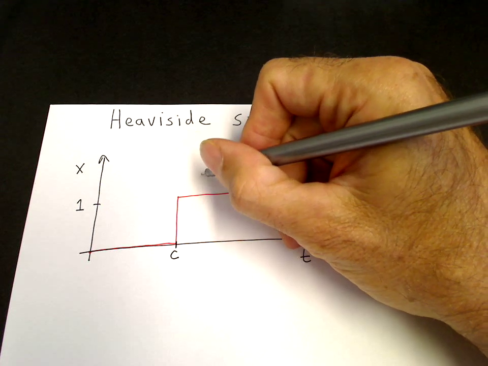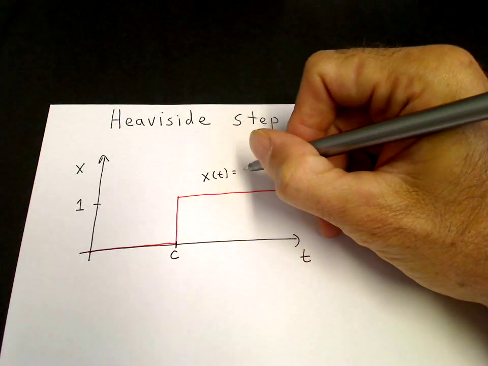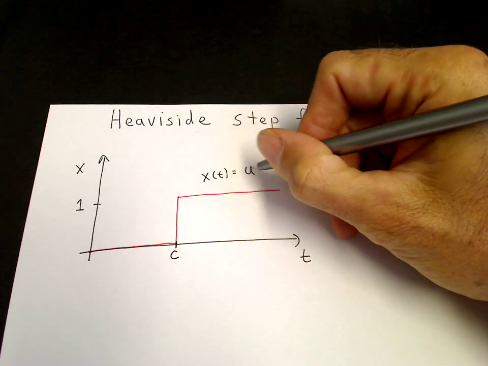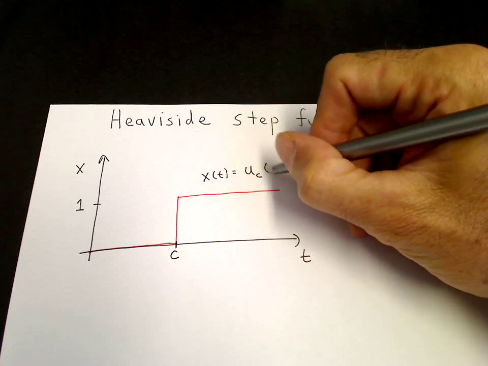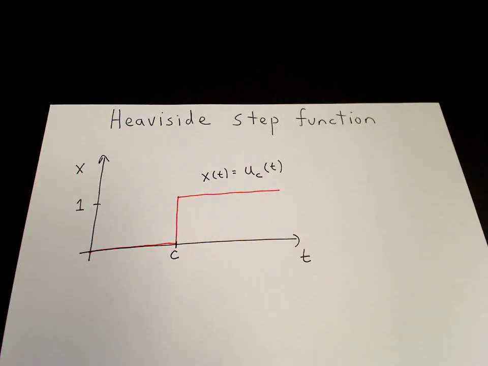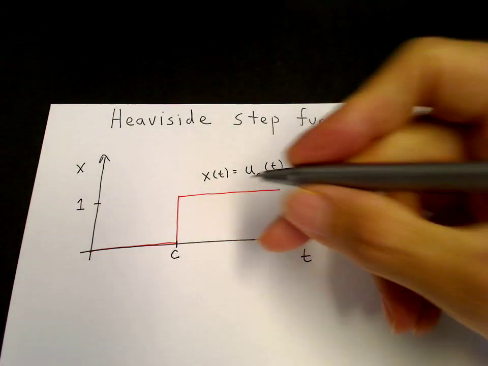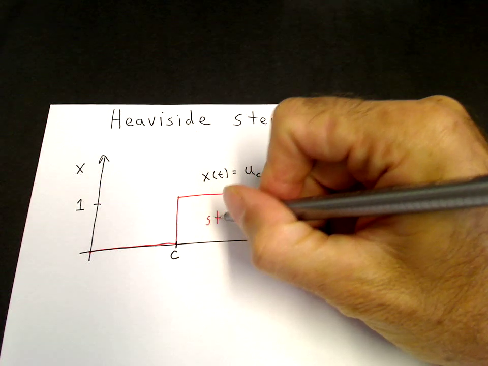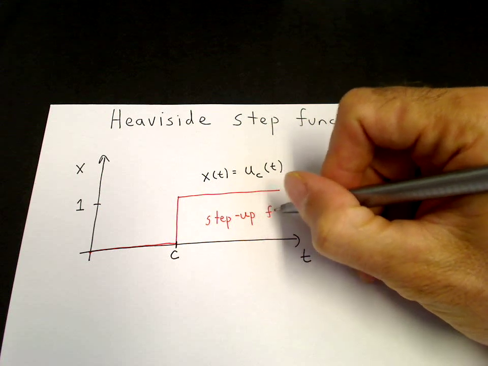We define this function as the Heaviside step function, which we denote as u sub c. c is the parameter. Okay? So this is the definition of the Heaviside step function. We can also call this a step up function